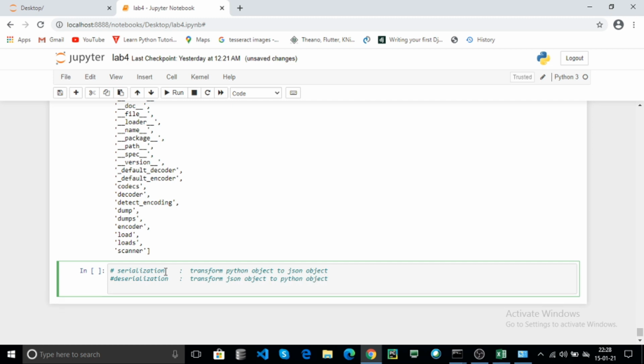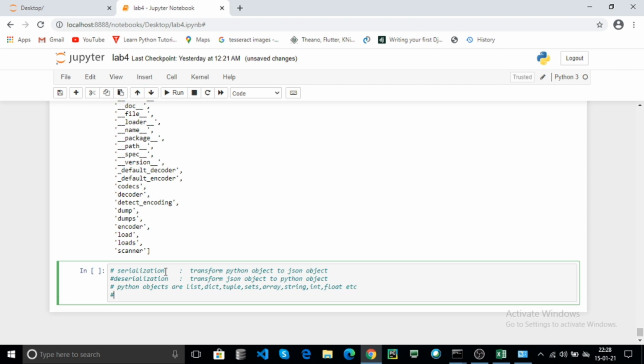Now what are Python objects? The Python data types are called Python objects. For example, list, dictionary, tuple, sets, array, string, int, float, etc.